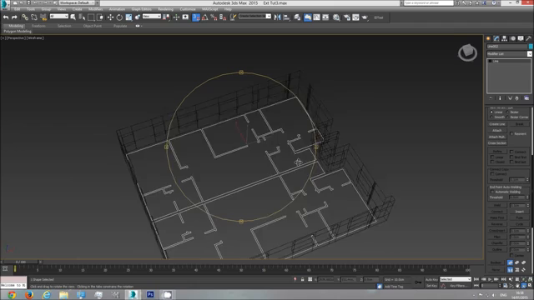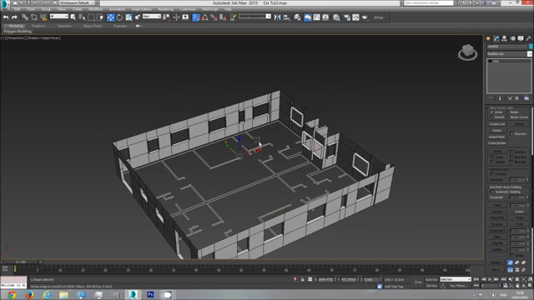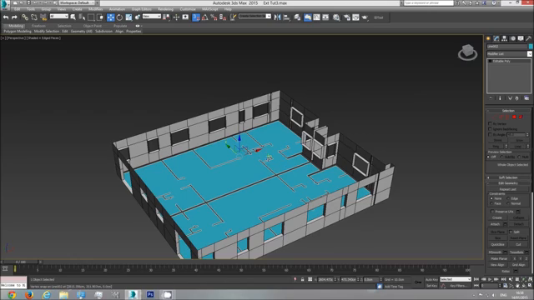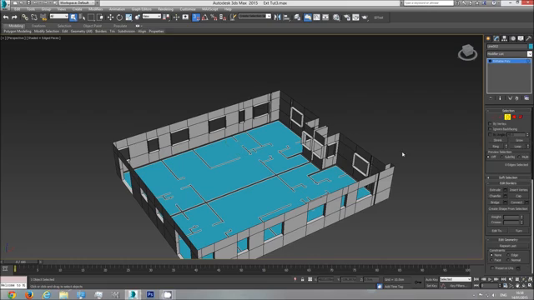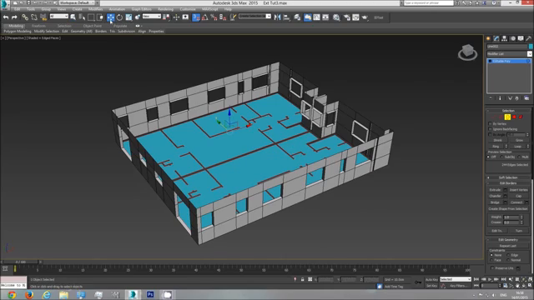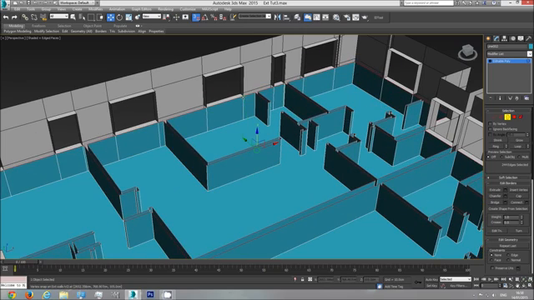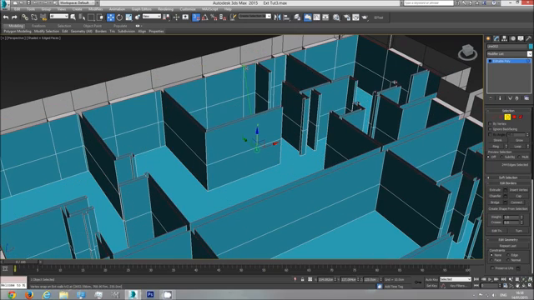And I'm going to create a floor out of this. So I'm going to right click, convert to editable poly. Now we have the interior floor, which is great. I'm going to choose the borders, and the border of this one. Let's unselect the snap toggle. No, you know what, actually I'm going to leave the snap toggle on. I'm going to shift drag to the bottom of this window and shift drag to the top of this window,